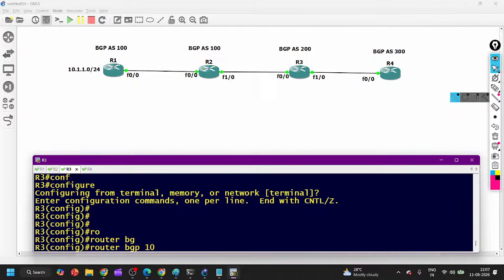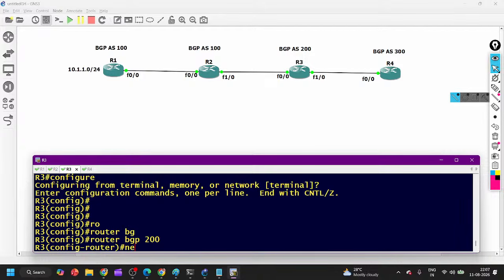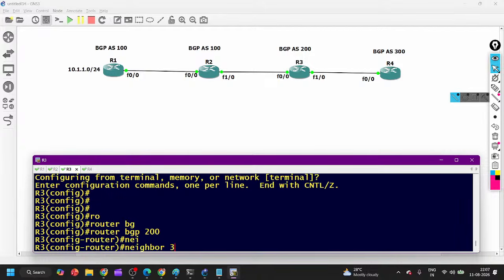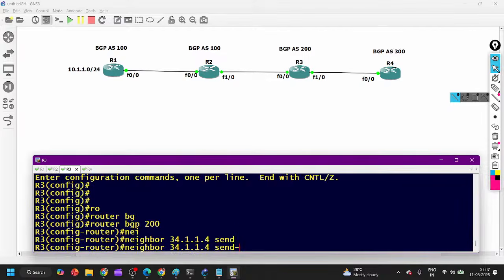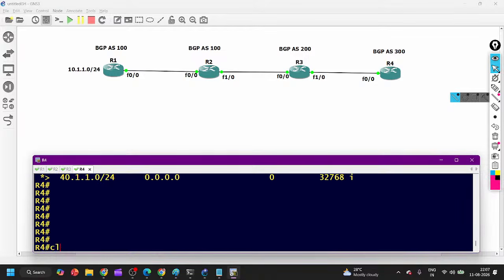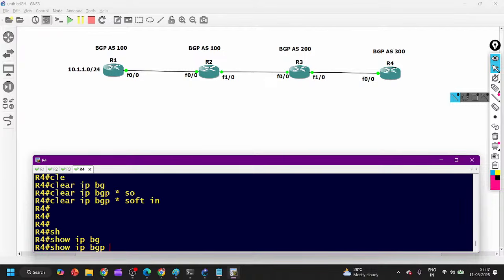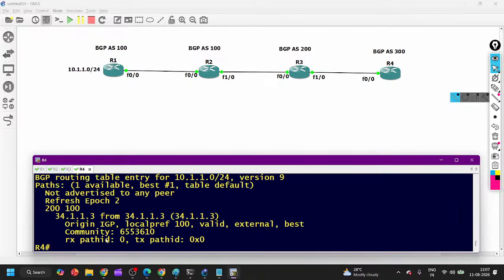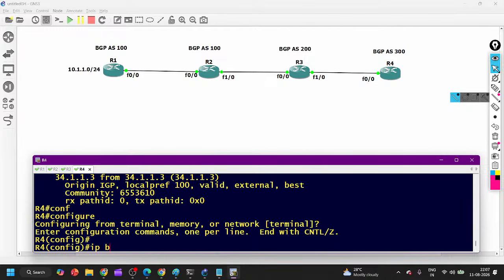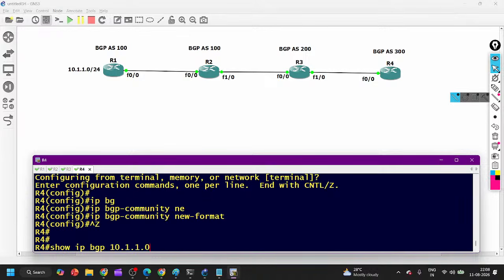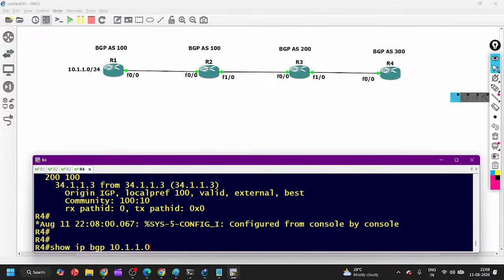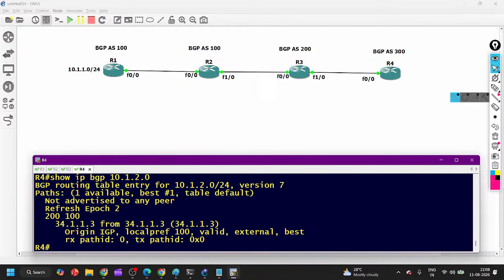Router BGP 200 and neighbor 34.1.4 send community. Go to R4 and clear IP BGP star soft in and show IP BGP 10.1.0. You can see the community. So one more command, ip bgp-community new-format, and show IP BGP. Done. And with the other prefix 10.1.2.0 there is no community. So this way you can add any community based on your requirement, and based on this community value I can again perform